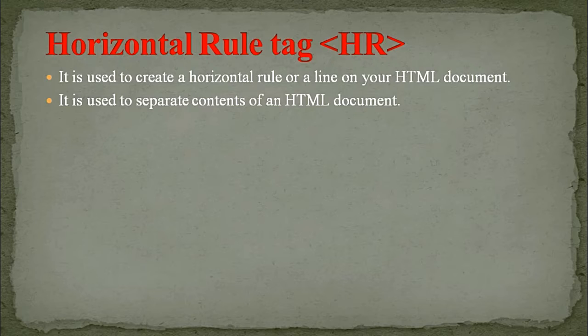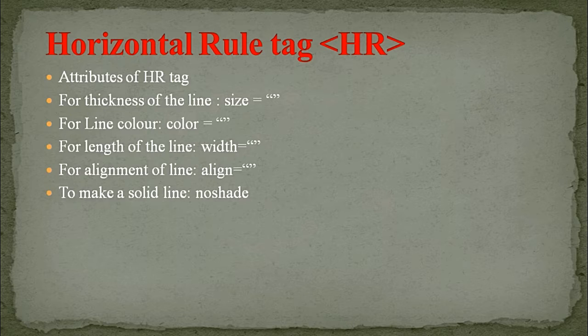Next is the horizontal tag. The horizontal tag is basically the HR tag, which will make a line in the web page. That would be a straight line which separates the content. So it would look like there is a border or a line given to it, then the next content would come. And then there are some attributes which we will see: the size, the color, the width, the alignment, and the noshade value for that particular HR tag. I will tell you about it when we do the code, how to specify this and what all would be given in that particular code.